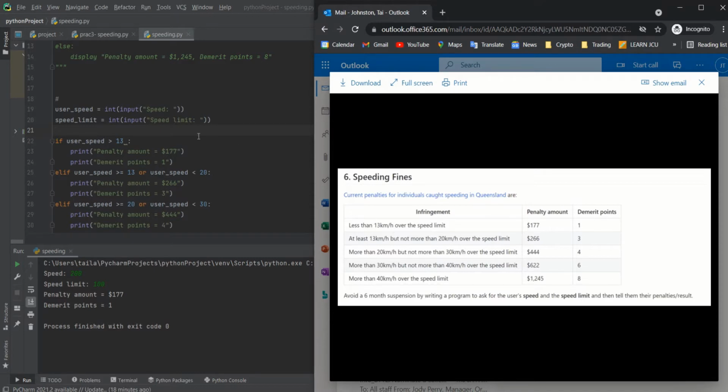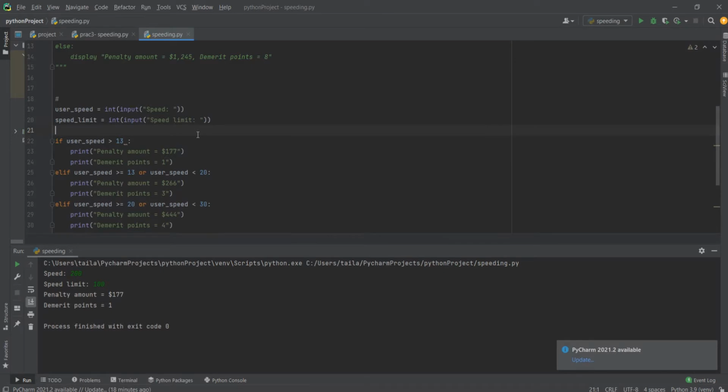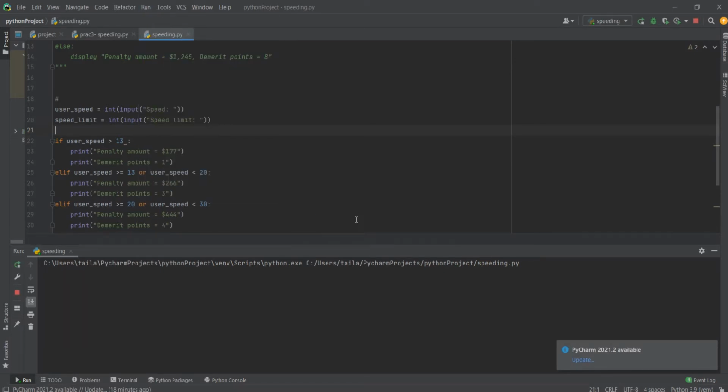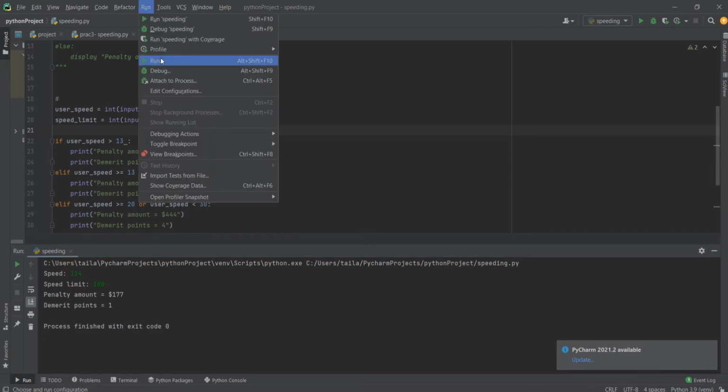I will just show you one of the tests I did. So when I run it, I found, first of all, I actually put my speed as 114, so it's just over 13 kilometers per hour, so I would get a penalty, and the speed limit was 100. So that's correct. It's $177, and I get 1 demerit points. If I run that again,